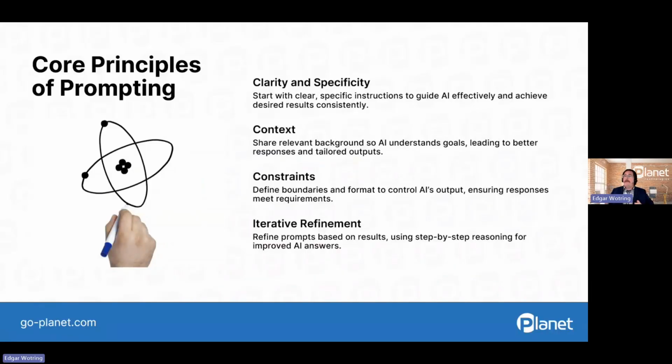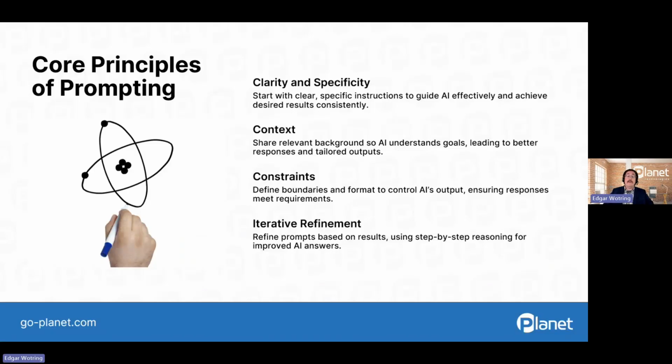So how do we get there, though? Let's consider these core principles of effective prompting. Think of these as what to do before we even begin putting that prompt together and then providing it to Copilot. Effective prompting starts with clarity. Where and when at all possible, of course, we should be specific. We should be detailed in the instructions that we're providing Copilot. We'll also want to include context. Providing context by sharing relevant background information will enable the AI to better understand our goals.